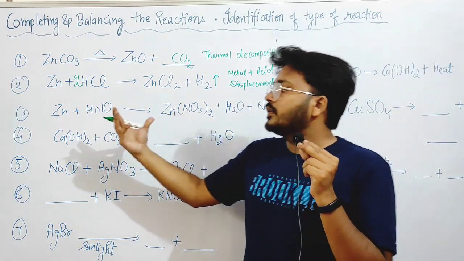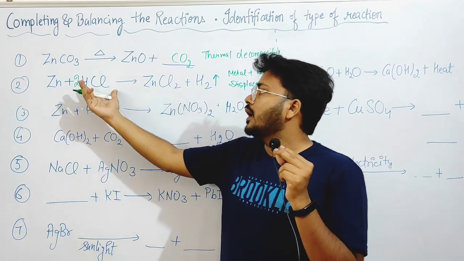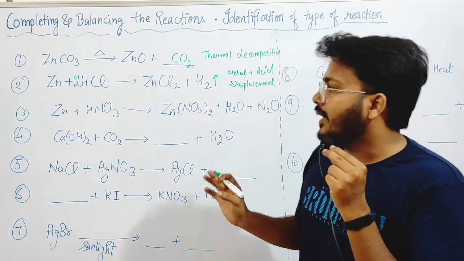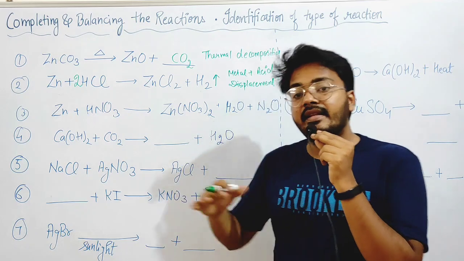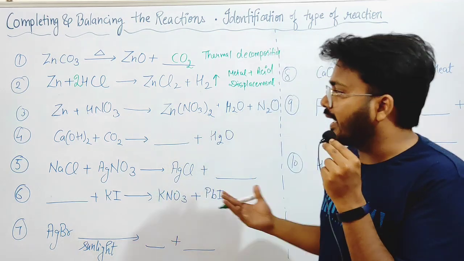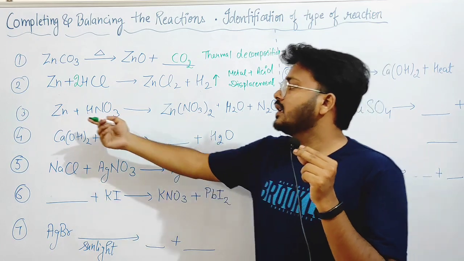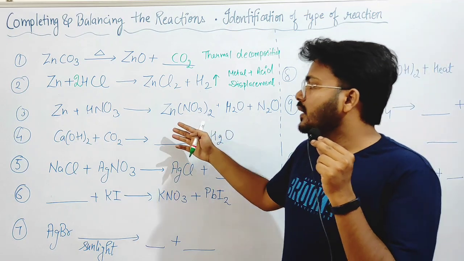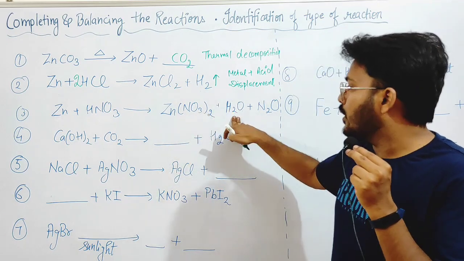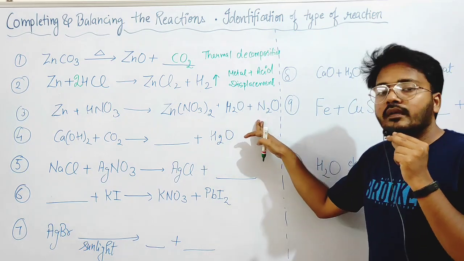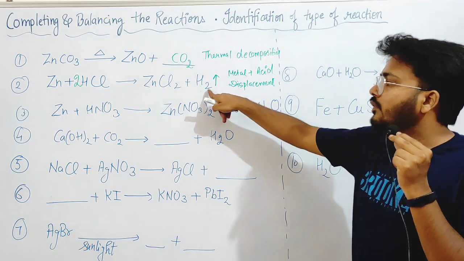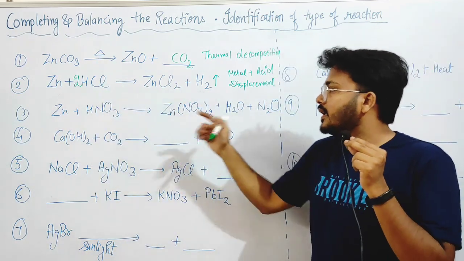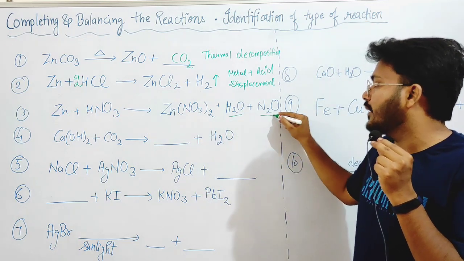Now in the third reaction, instead of hydrochloric acid there is nitric acid, and we see that generally hydrochloric acid and sulfuric acid react with metals in a simpler way, but nitric acid does not. In a metal with acid reaction, if we take nitric acid, the metal salt is formed, water is formed and nitrogen oxide is formed. Instead of hydrogen that is formed in the HCl and H2SO4 reactions, in nitric acid water and nitrogen oxide are formed.